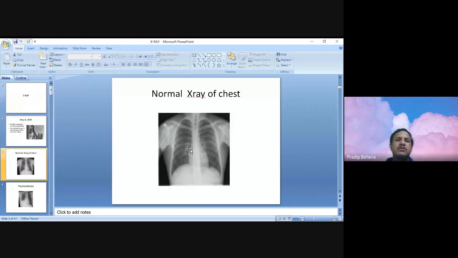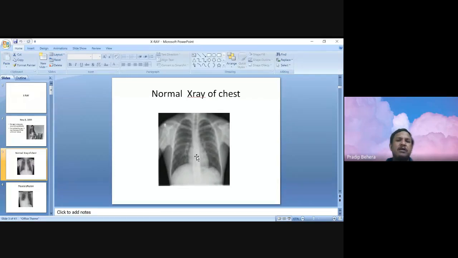So first, coming to the cardiac border. You see here is the right border, then there is the left border, there is the diaphragmatic surface or diaphragmatic border, and there is a cardiophrenic angle, right side and left side. So this is the heart and the diaphragm. Coming to the structures on the right border of the heart, from above downward, it will be the superior vena cava, the right atrium, and the inferior vena cava shadow.